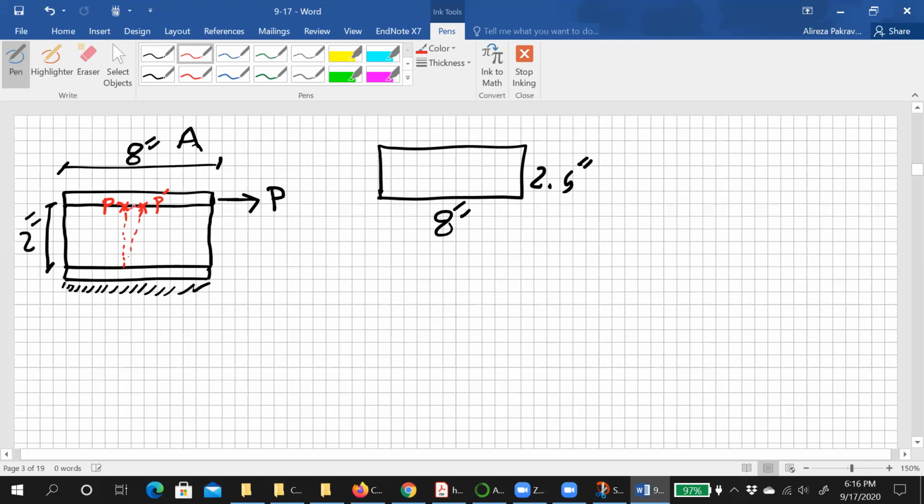P prime is given, measured actually as 0.4 inches, right? So PP prime equals 0.04 inch. Okay. So now you know there's a plate here. You apply the force and then it's moved. So in these conditions, we want to find